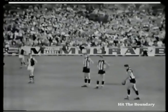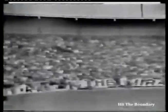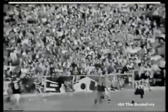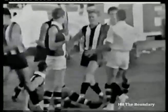They have 1 goal, 18 on the board. They've had ever so many more scoring chances than St Kilda, yet they're miles behind. They're 29 points down. The ball is kicked into the full forward area. Legasic sees it go to Con Britt. He's grabbed and nabbed properly by O'Day, but